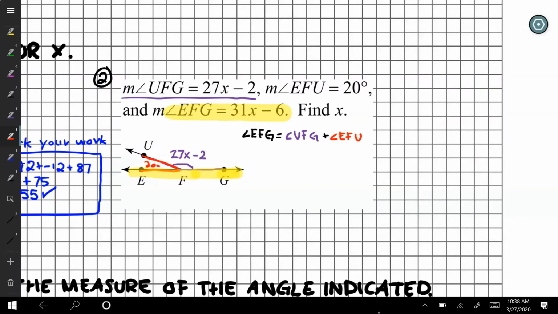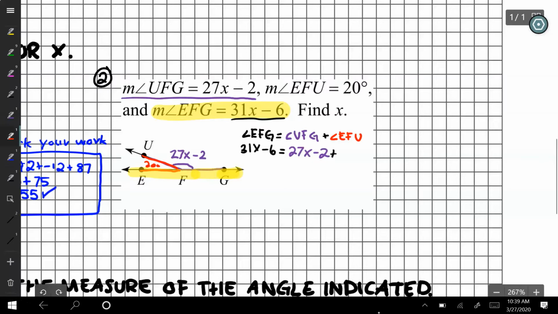So EFG is 31x minus 6 equals UFG is 27x minus 2, and EFU